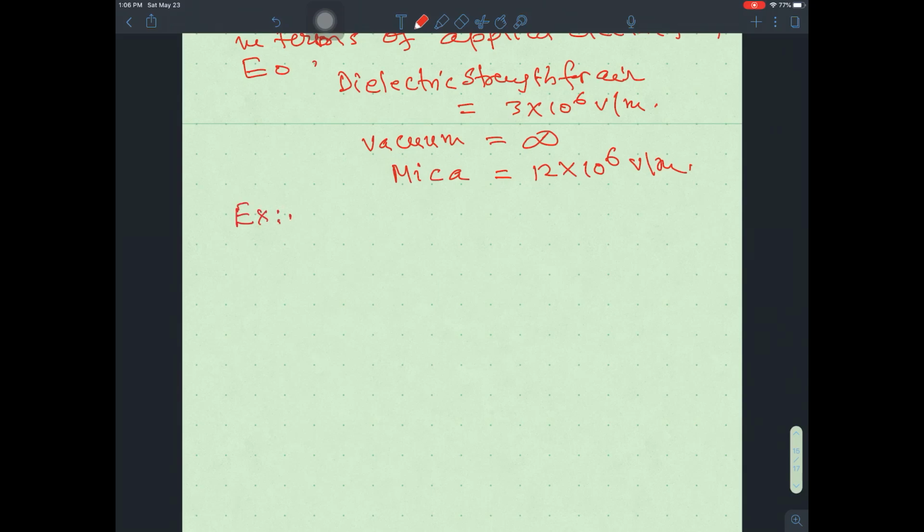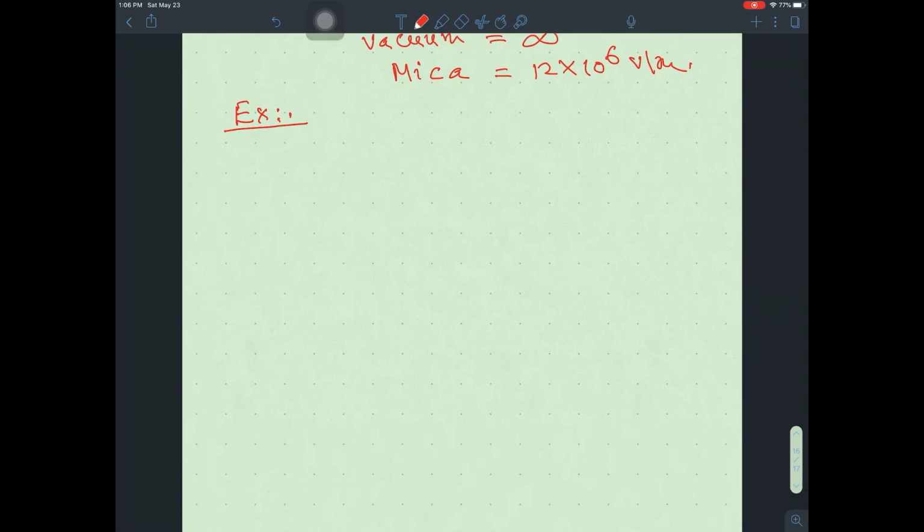Now I would like to finally discuss an example based on this concept. What is that example? Suppose you are given a parallel plate in this way, and here is the charge plus Q, and here is the charge minus Q. We have inserted a dielectric inside it. This dielectric has the dielectric constant K,